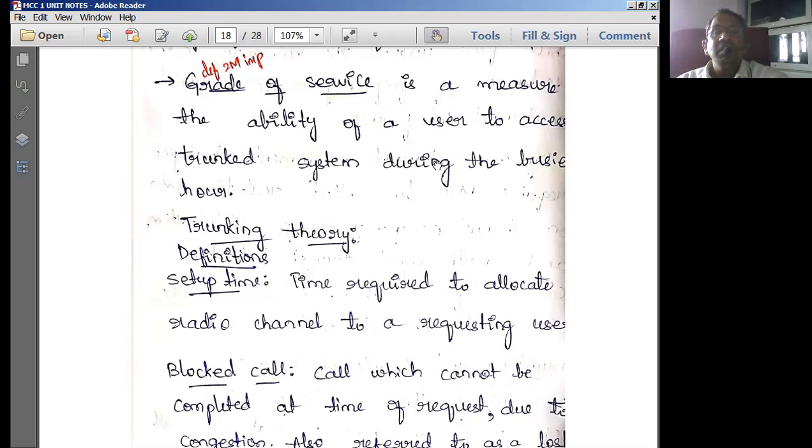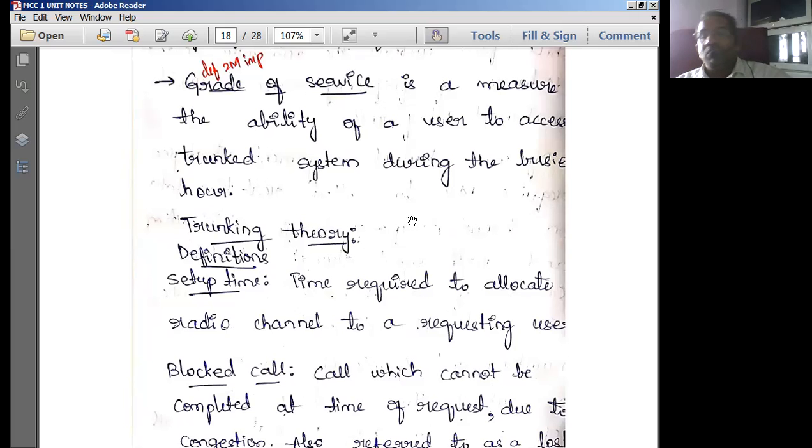This is the ability of the mobile user to access the trunked system during the busy hour. During the busy hour, every mobile user wants to use the cellular mobile system or cellular mobile architecture. So how fast or how well he is going to be able to use the cellular base station, that ability of using the mobile cellular architecture or mobile networking during the busy hour is known simply as grade